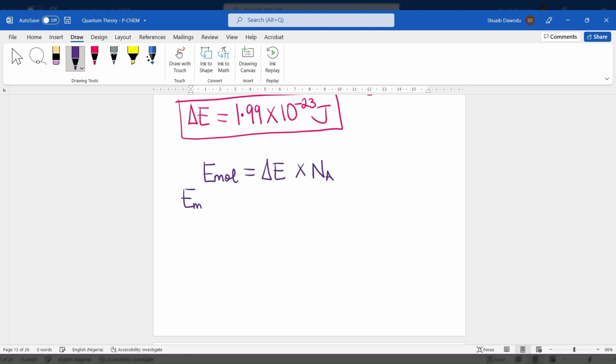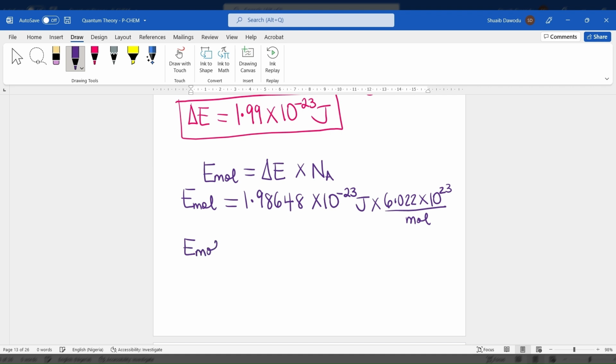So E mole is simply going to be 1.98648 times 10 raised to the power of negative 23 joules times 6.022 times 10 raised to the power of 23 per mole. The energy per mole of photons, when you multiply the two of them together, you end up getting